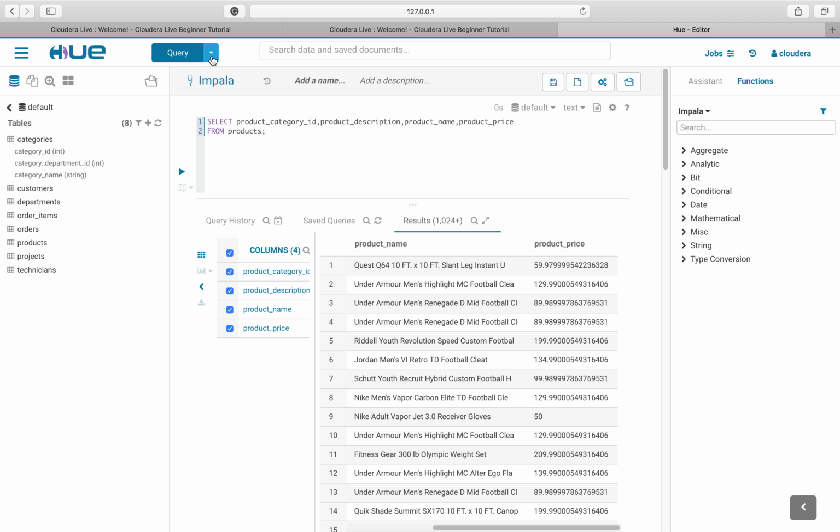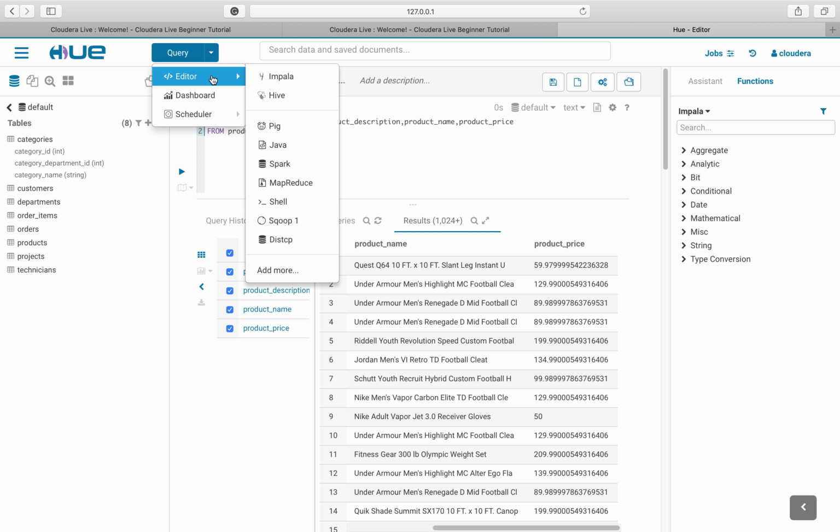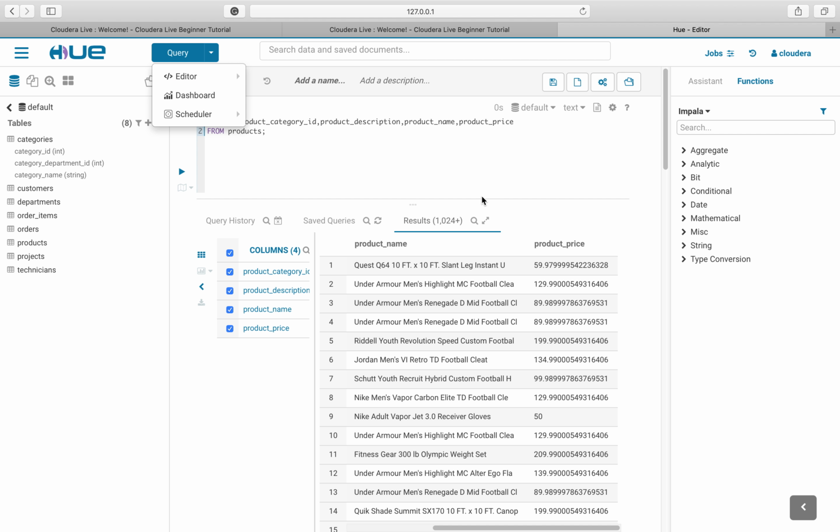There are other interfaces, like if you go here, you can go to the editor and you can use Hive, and you can use a bunch of other things. But basically in a big data environment, in the Cloudera interface at least, you have Hive queries and Impala queries. Both work almost the same, except for very, very minor differences. But for the most part, we will use the Impala interface. And both Hive and Impala are used to access big data that is stored in Hadoop